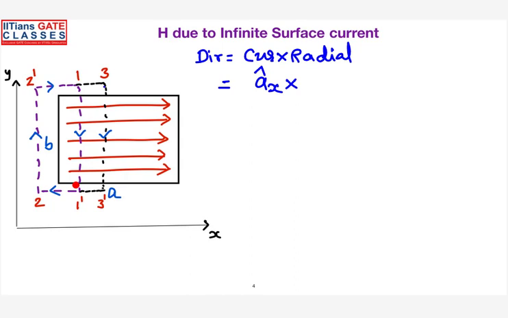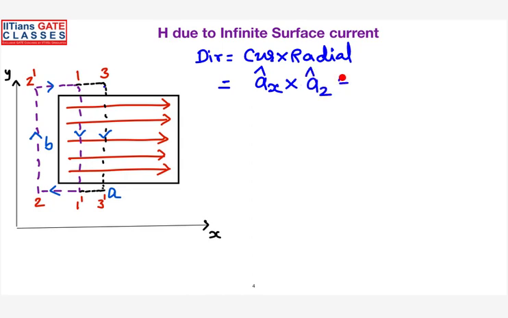So when you have a sheet of current located in the xy plane, what will be the radial direction with respect to the sheet? Radial direction means it's the perpendicular direction, as I was telling from the first class. So when you consider an xy plane, the perpendicular direction is nothing but z. Good.